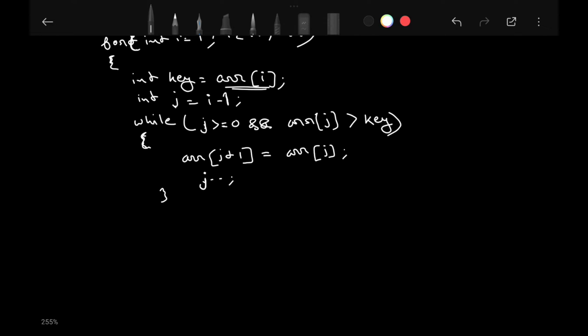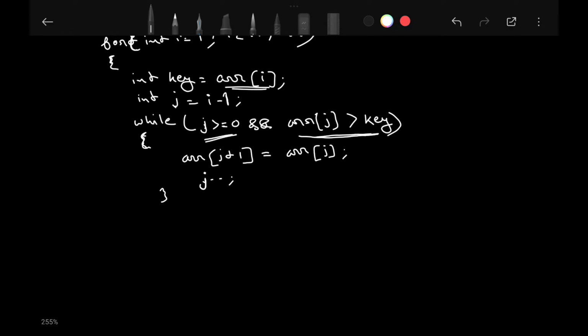Now, after this operation has been done, if there are no more elements left to be checked, that is, j has reached -1, right? If j has reached -1, that means there are no more elements left, or you can say that the key has reached the 0th index, or it has gone to the -1 index. Or if the element is smaller than the key, in both of those cases